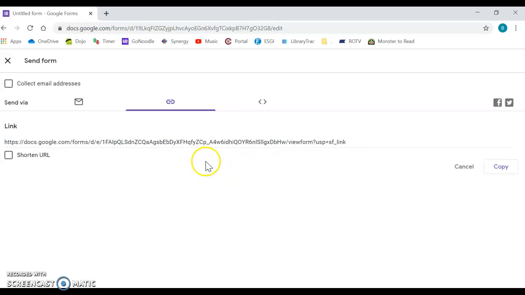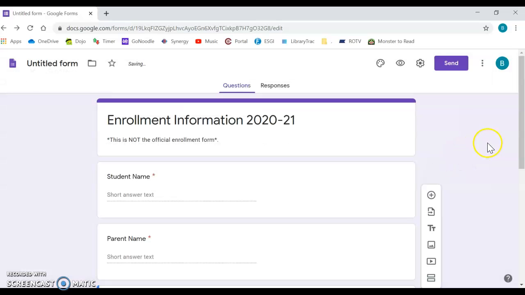Okay. Let me see. So let me show you what it looks like once your parents have started filling some of this out. Let me go back to